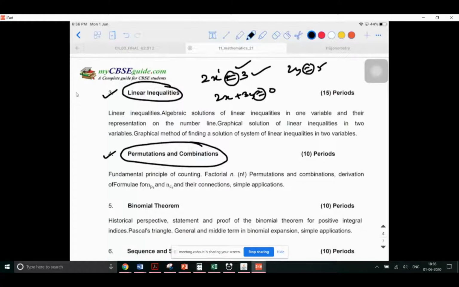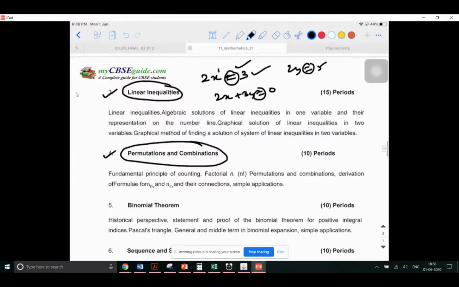So you can think of different combinations. You will try to keep the smaller book on the top. Some might think of keeping the smaller book at the bottom. So there are different arrangements possible, right? So how many types of arrangements are possible? How many ways we can think of arranging them is what this chapter is all about: permutations and combinations.